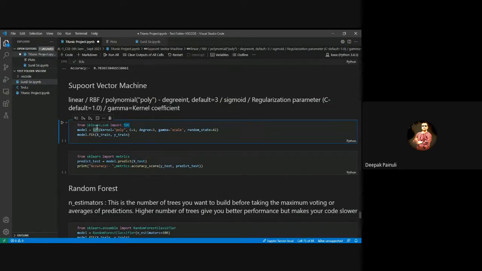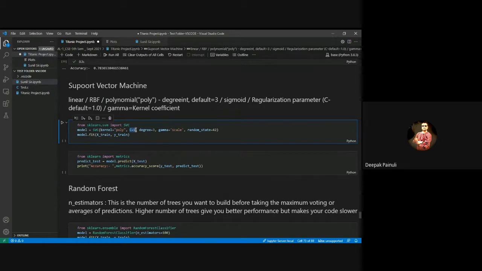So import SVC from sklearn.svm and store it into the model and train your model on X train and Y train. It is also having some arguments, kernel, or we may say filter. Poly means polynomial. It has multiple kernels, linear, RBF, polynomial. Mostly RBF is used, right?